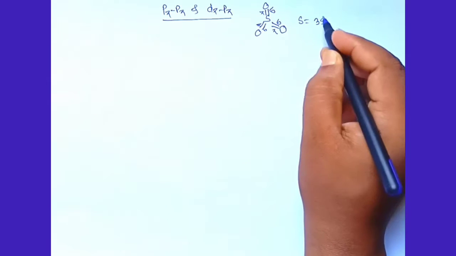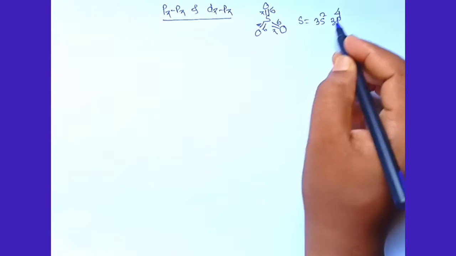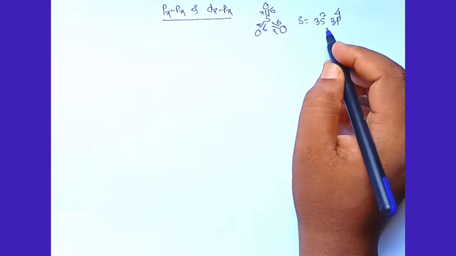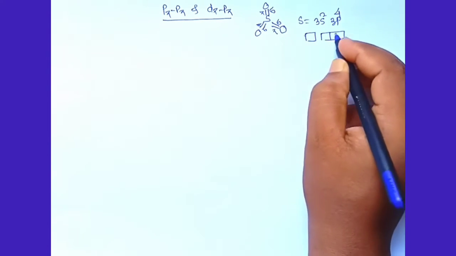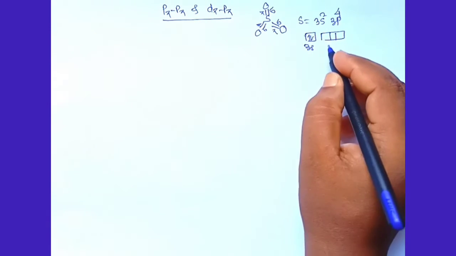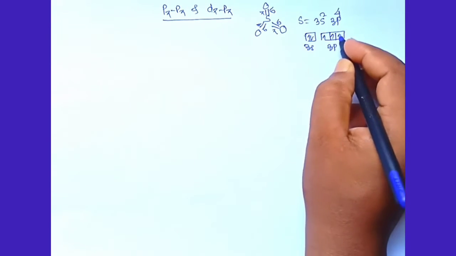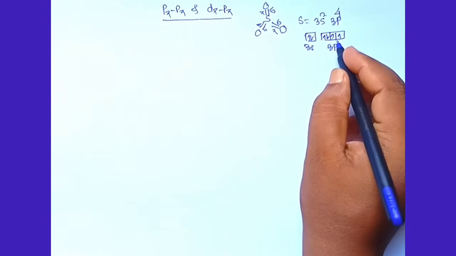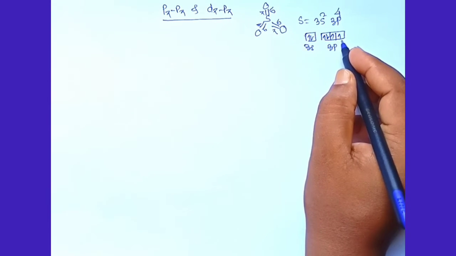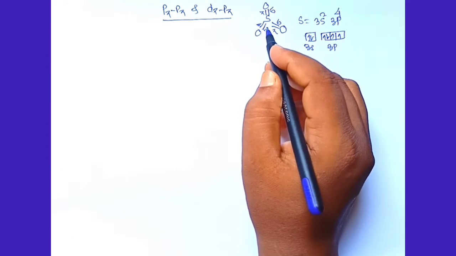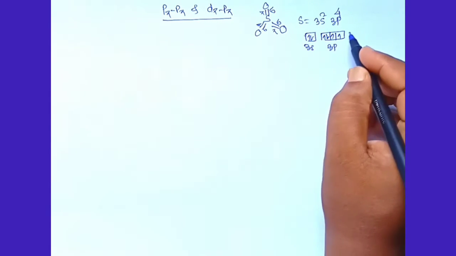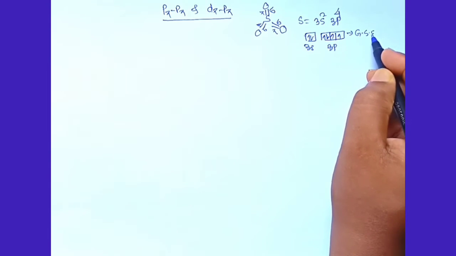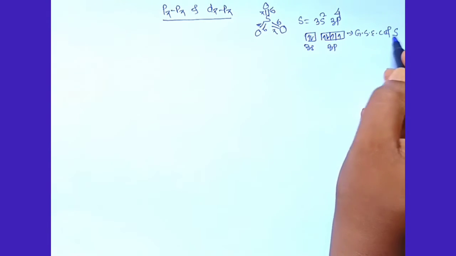It is 3s2 3p4, 6 outermost electrons present in the sulfur atom. We draw the box diagram. So 3s2 and 3p4. Now we see only 2 unpaired electrons are present on sulfur, but sulfur is forming 6 bonds, 3 sigma bonds and 3 pi bonds. So it requires 6 unpaired electrons. So we can say this is the ground state electronic configuration of sulfur.